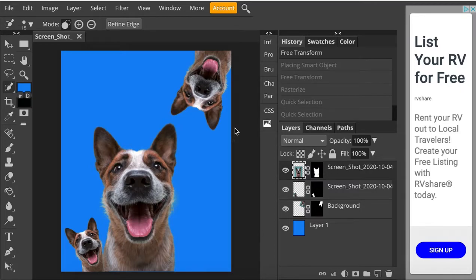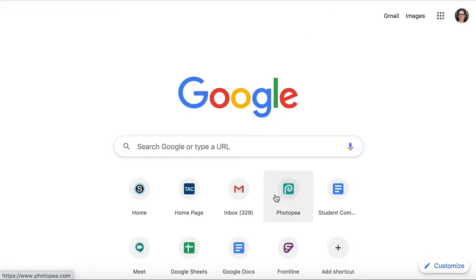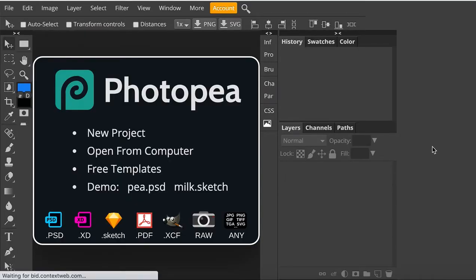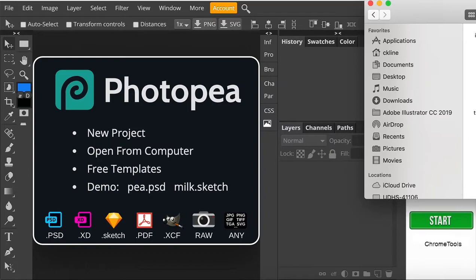Hey everybody, in this video we're going to use another selection tool, the quick selection and the refine edge. So I'm going to bring up another Photopea. Let's go to photopea.com. It's opened up and you're going to bring in